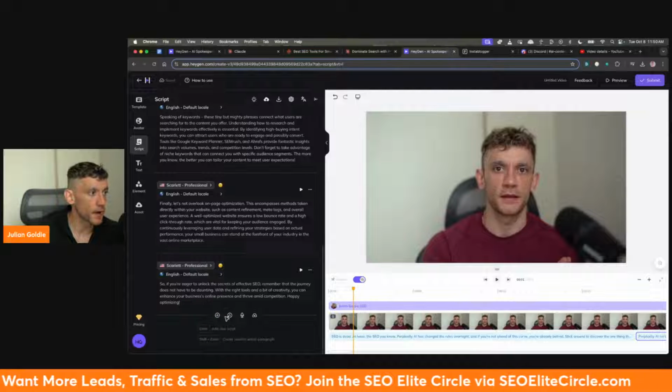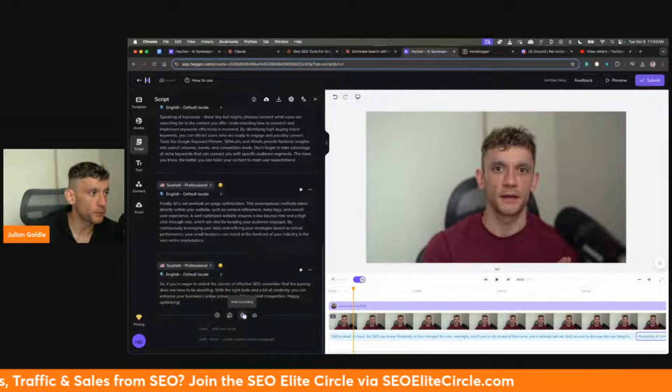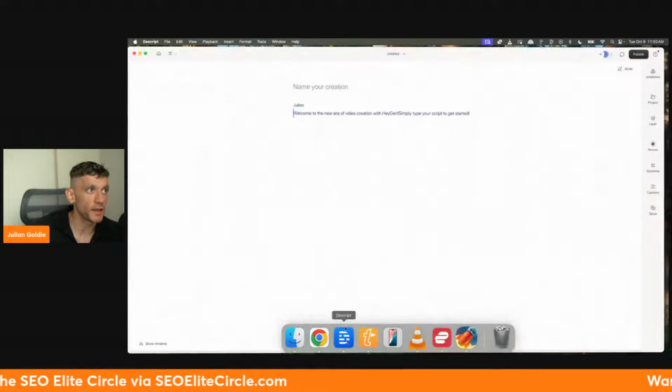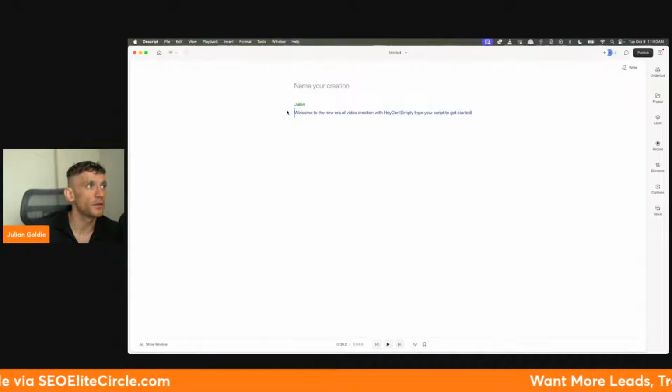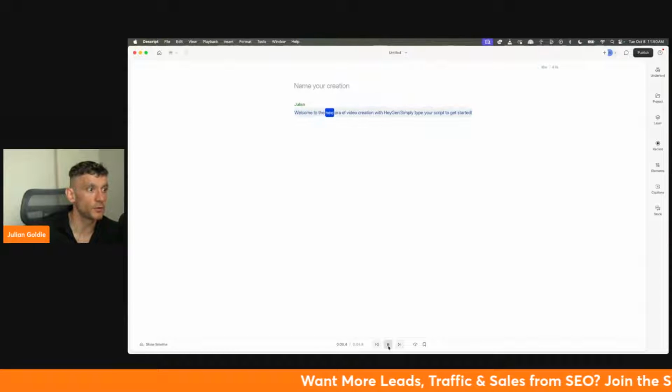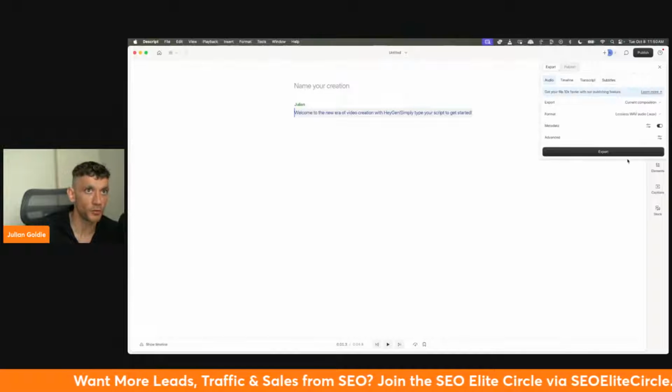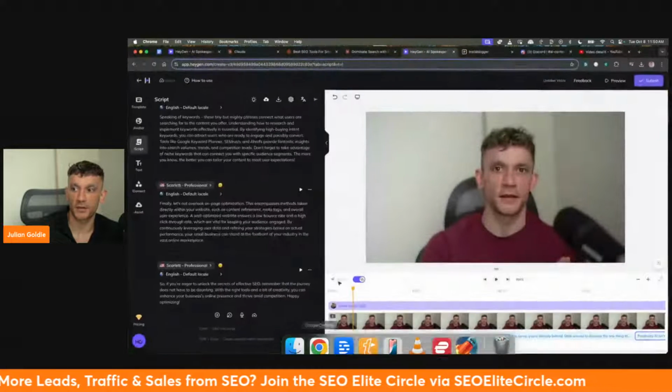And then you can also add more scripts in, you can add pauses, you can add more recordings, you can upload audio. Like you could use something like Descript as well. You can create AI audio in here, as you can see right with this. So this is AI audio, and this is trained on my voice. Then we can go to publish, hit export, and then we can upload that to HeyGen as well.